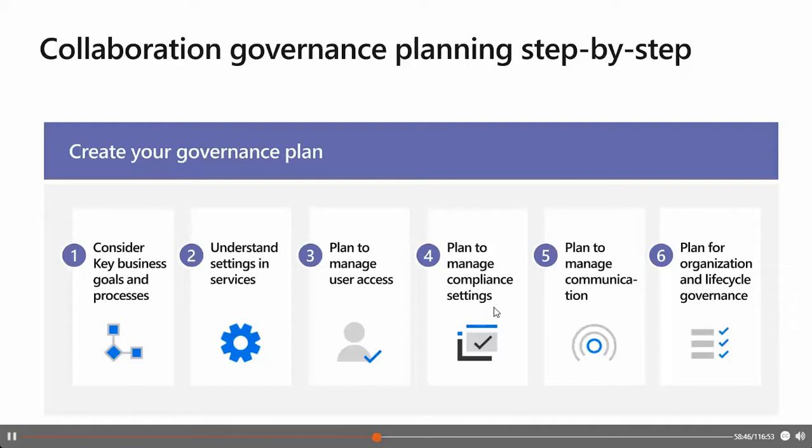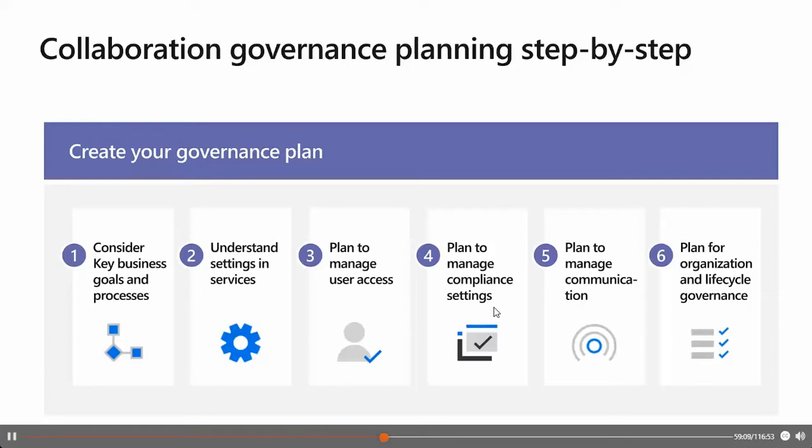The second one is to understand the settings in services, like settings in groups, SharePoint, Teams and other services that interact with each other, so that you really know which services are interacting together and can plan a better governance strategy.